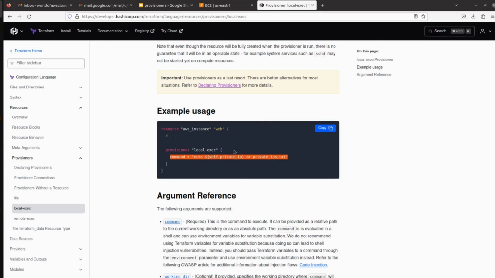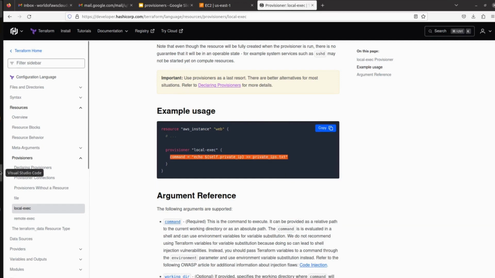It's going to fetch the IP address of whatever EC2 instance it launches. That's why in the variable we have mentioned self.private_ip. So let's copy this.